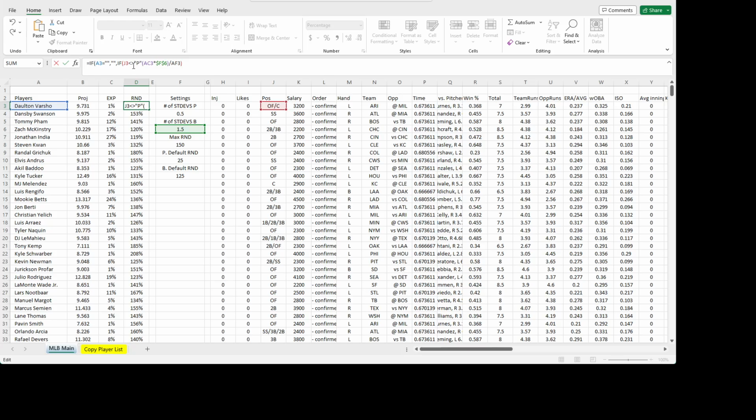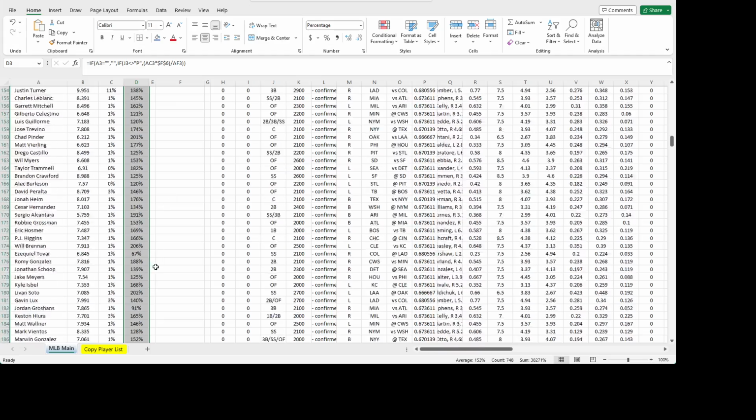This means is not equal to pitcher. Then do this. We have to add a parenthesis because we've added a parenthesis. So to close the parentheses, one thing you can always do is just keep adding them until one turns black. The black one signifies that it closes the first one. So now we have done this only